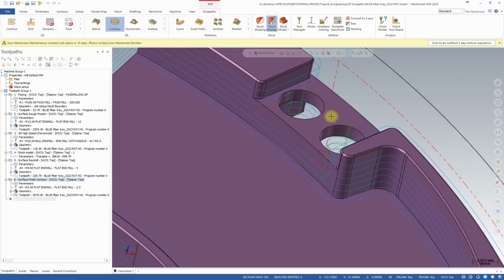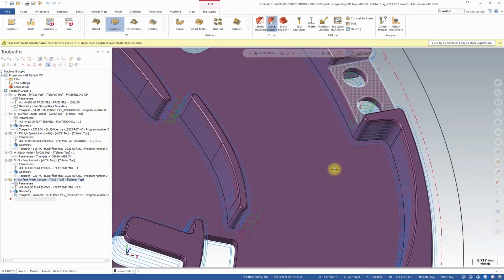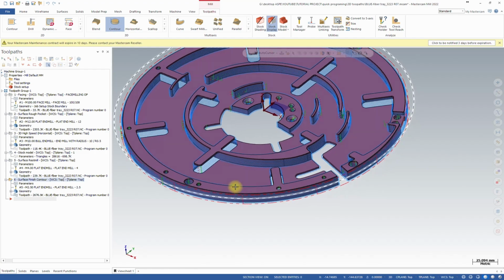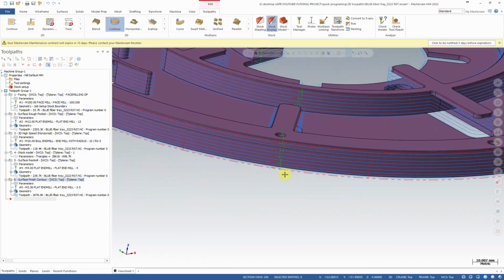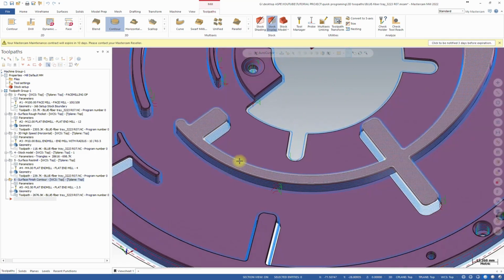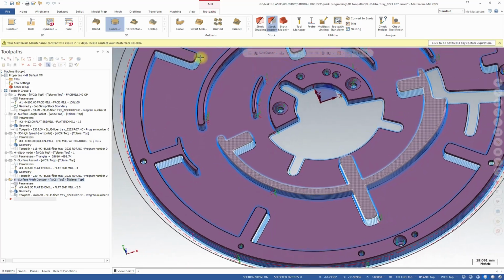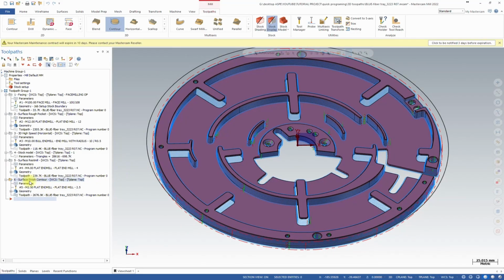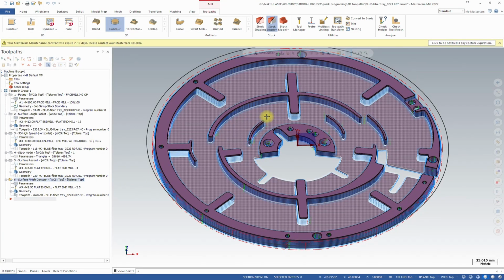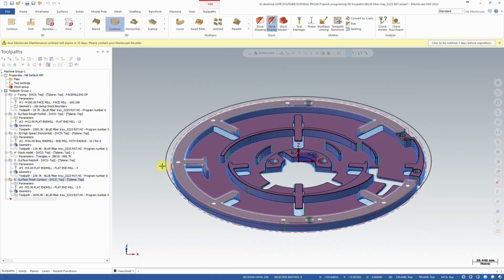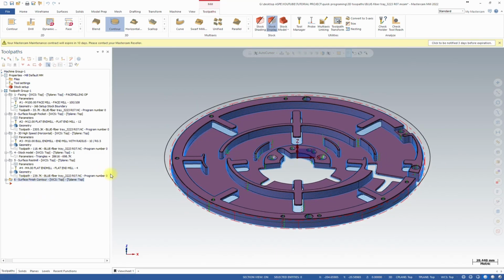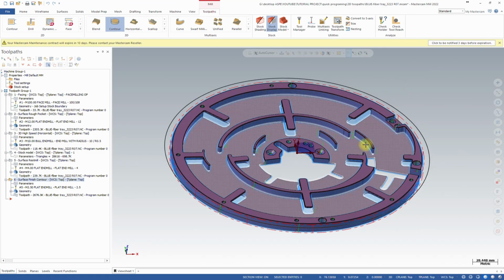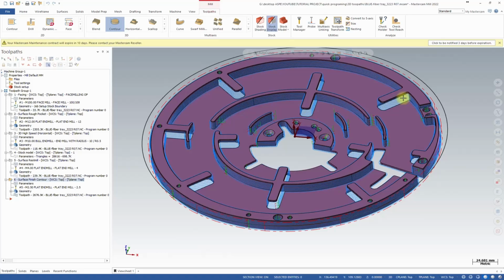So this is the toolpath. We have our entry, exit, and every wall is finished. External wall, all the internal walls, everything is finished. This is how easy it is. We didn't even have many settings to actually adjust. This toolpath is nice. And it also works with ball nose and some angled walls, and you'll see this later